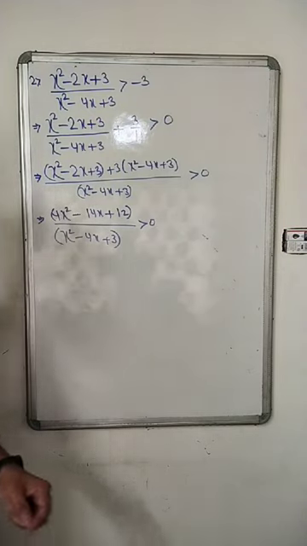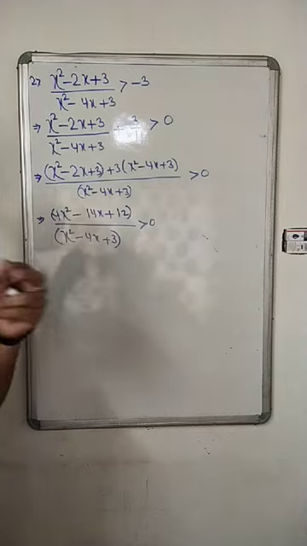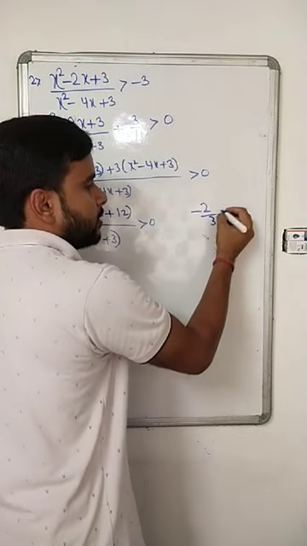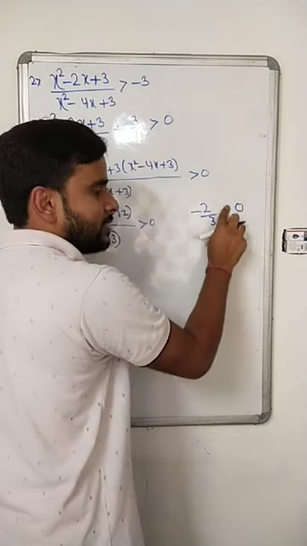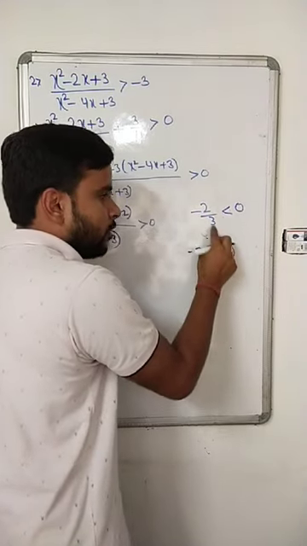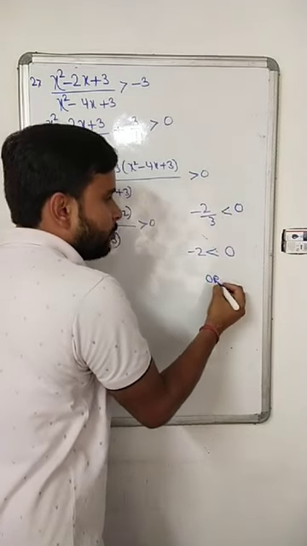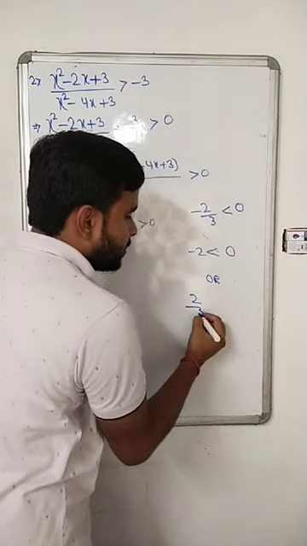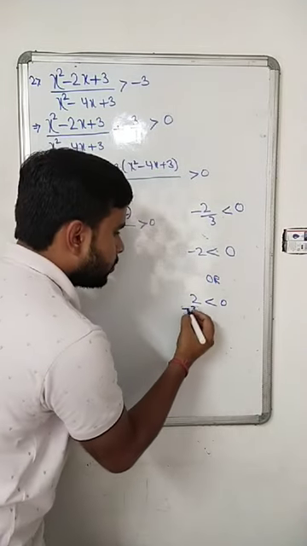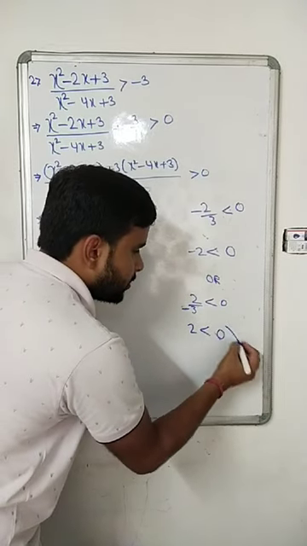Now make sure that in an inequality you cannot cross multiply. Why? What is the reason? Just note down. Minus 2 by 3 is less than 0? Yes. Is minus 2 less than 0? True or false? If you cross multiply with a positive number, it's true. But if you write 2 by minus 3 is less than 0, this is true. But is 2 less than minus 3 into 0? No, this is not true.